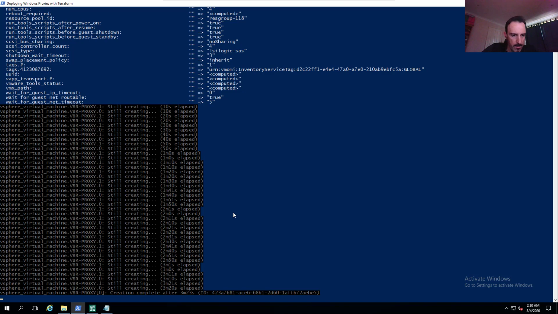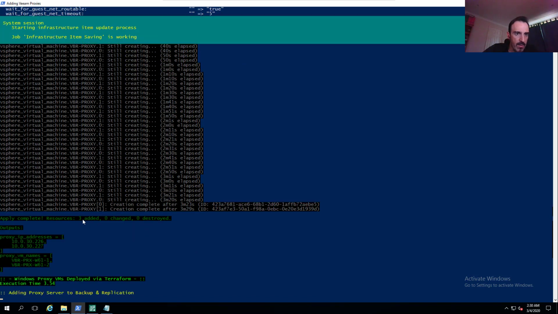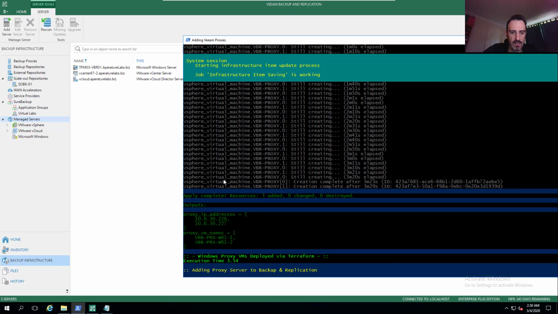Okay, so you can see that the machines are created. Terraform has finished doing its thing. We actually then, at this point, are exporting those JSON files. That's being fed back into the PowerShell. And the PowerShell now is actually connected to the Veeam Backup Replication server and starting to configure these servers up